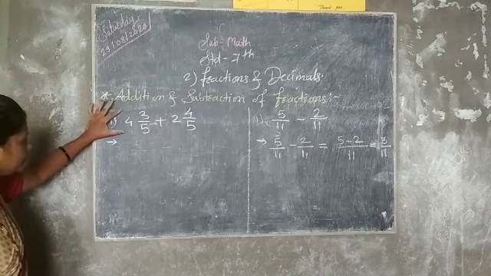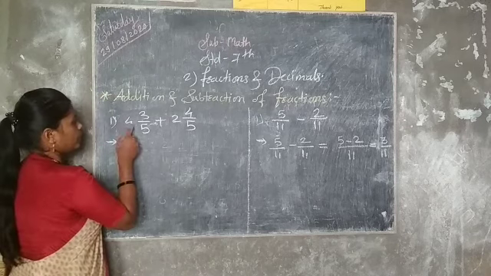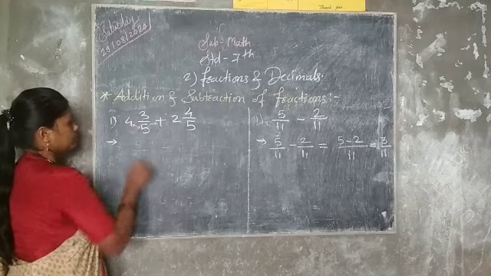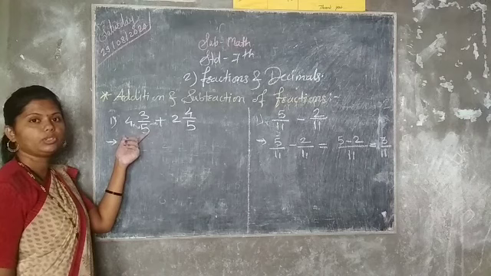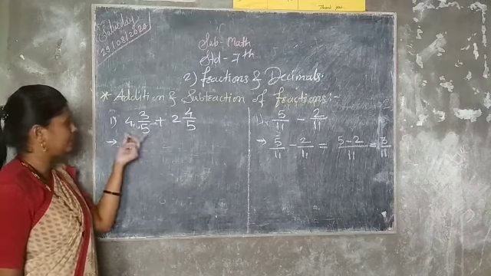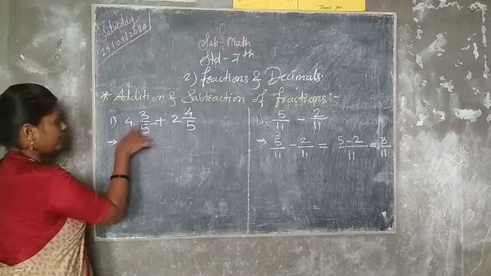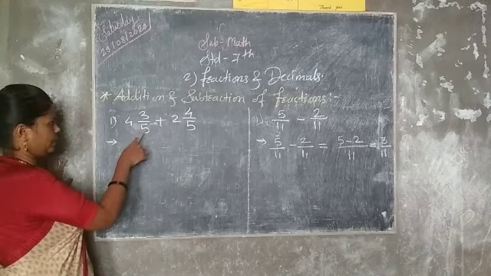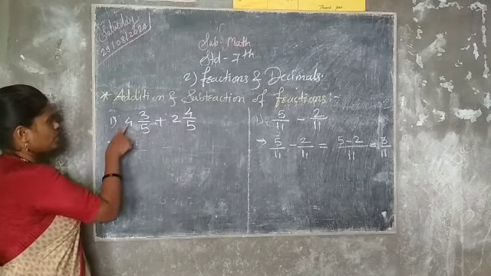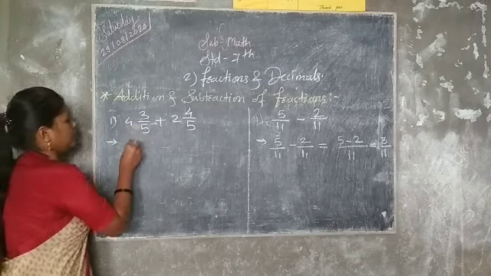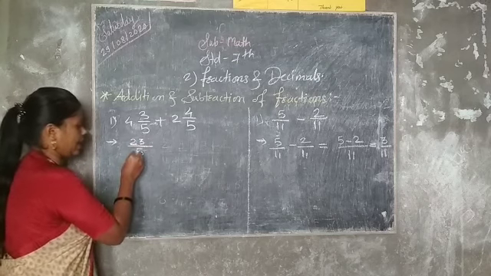How are we going to convert to simple fractions? Look carefully here. This is a whole number and this is a fraction. A mixed fraction has two parts: one is a whole number and the second one is a fraction. You have to multiply that whole number with the denominator of that fraction. So 5 fours are 20, and you have to add the numerator. So 20 plus 3, 23. That number you have to write as the numerator, and your denominator remains as it is.